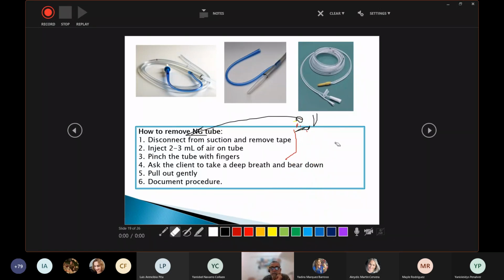So summarizing, what is the important detail that you need to know at the moment of removing a nasogastric tube? You need to take the precaution of preventing aspiration while you remove the tube, because the tube has liquid inside and will be dripping as you pull it and pass through the entrance of the trachea. And you avoid that by introducing air first in the tube, asking the patient to bear down to avoid breathing in while removing the tube, and removing the tube.